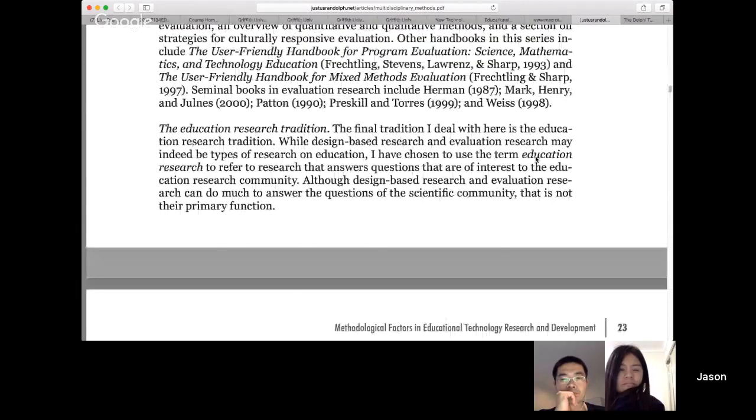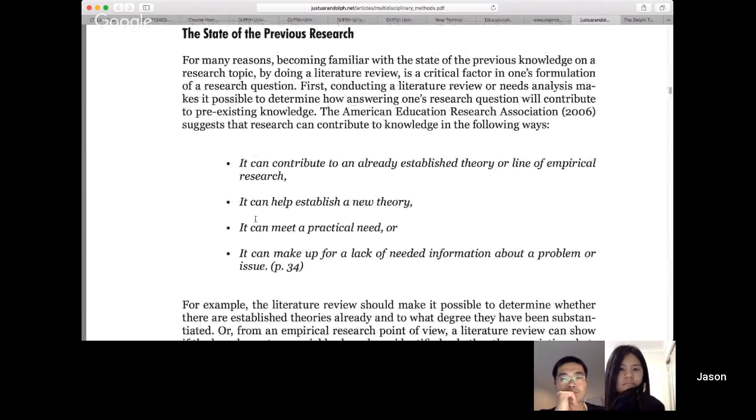Let's jump down to, okay. So previous research, as I mentioned before, we commonly refer to that as a literature review, but it's looking at the established understanding of that area. What do we already know about the use of blogs? And that may go back many years before the actual educational technology.